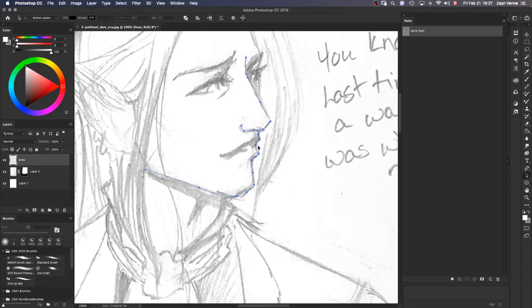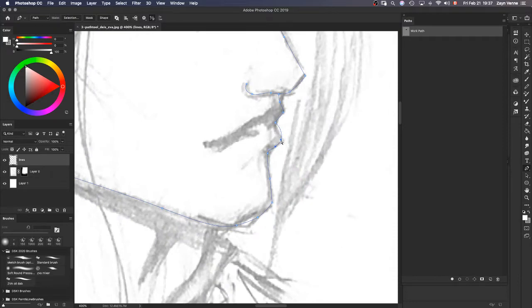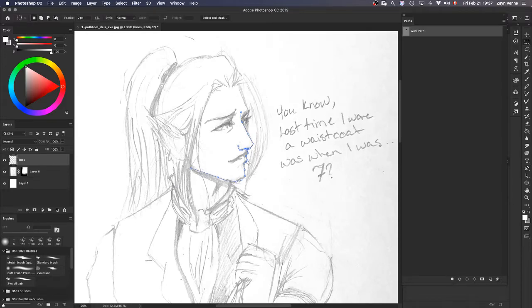Oh, and I see I don't quite like that line, so I'm going to bring that in. I don't quite like that line either, so I'm going to bring that in. Sometimes it takes a little bit of working. But so I've got the basics of my lines. Now if I click on my work path, it assumes that everything on that work path layer is selected. So now, under my new layer, lines, I can